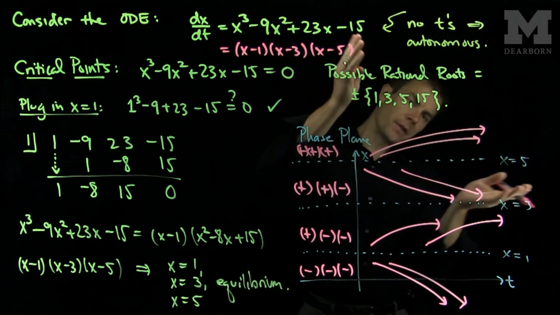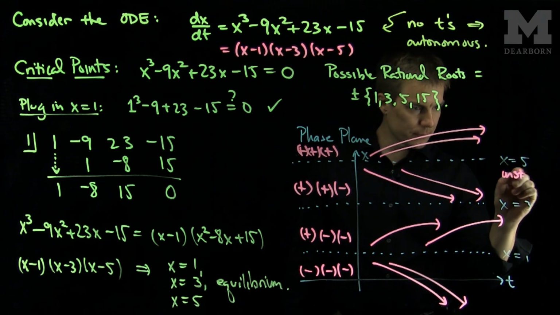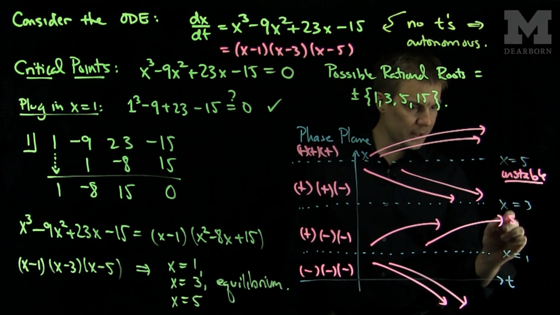And now we see from this configuration that 5 is unstable, 3 is stable,